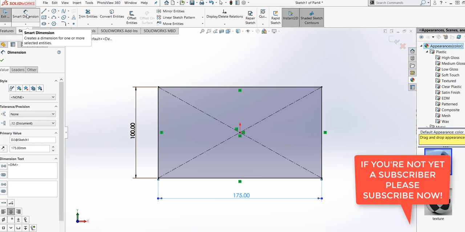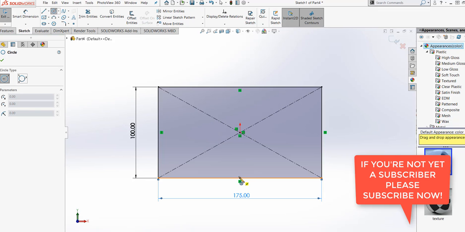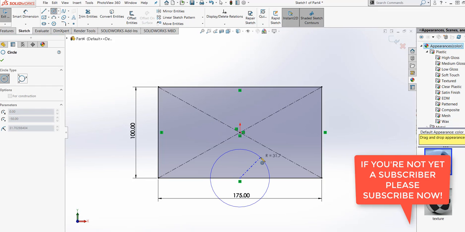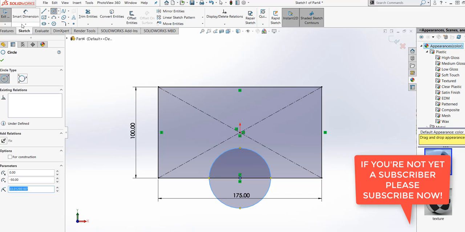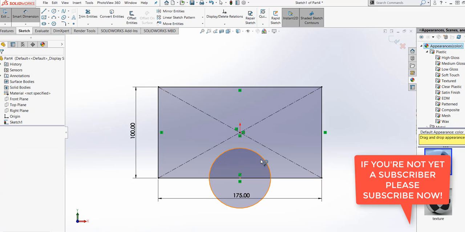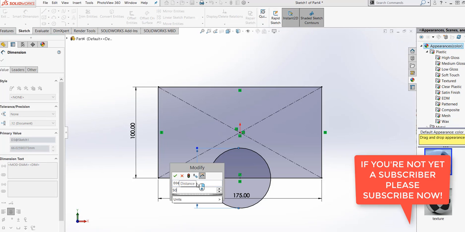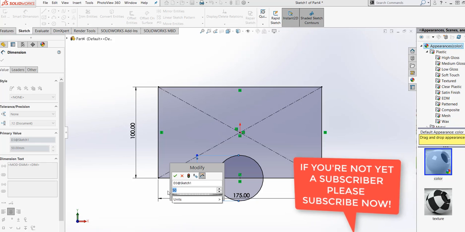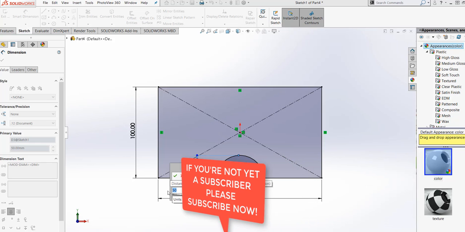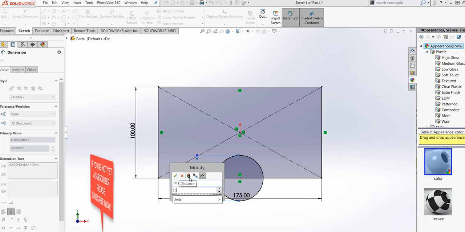And let's get out of the Smart Dimension. Now let's draw a circle in the middle, on the bottom of the sketch. Let's dimension that as 50. Regenerate. Oh, let's put it as 65.